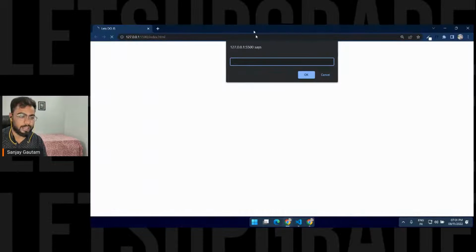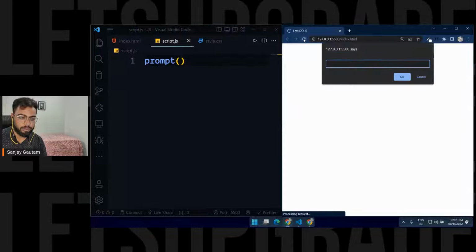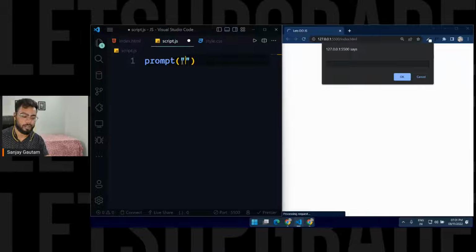So if you're going to write a prompt here and save it, you will get this pop-out window. Just write prompt here, and you can write anything in this pop-out window. Let me write here in the form of a string,